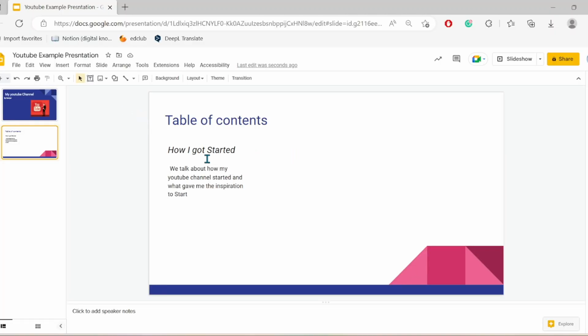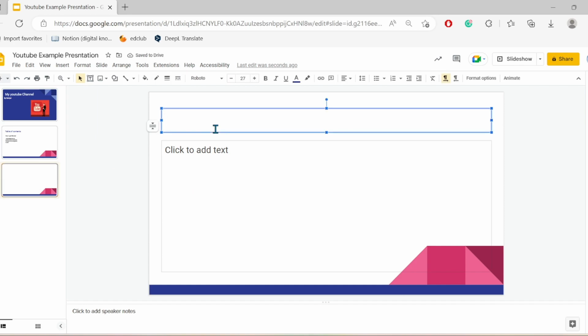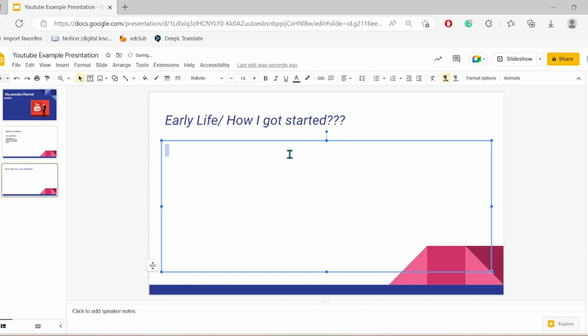We can have it the same font, so we're gonna do another text box. Then just for now, we're gonna add another one. Early life. How I got started. I cannot spell today. You remember, your